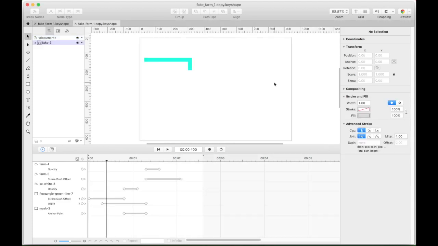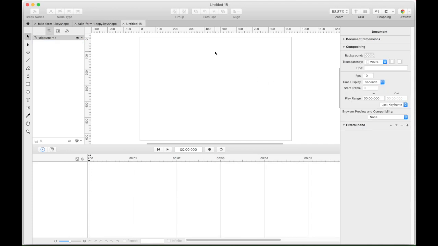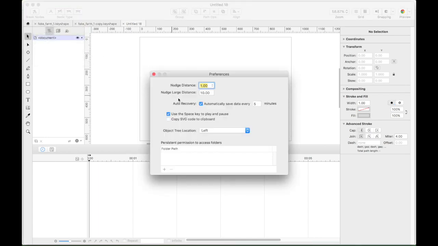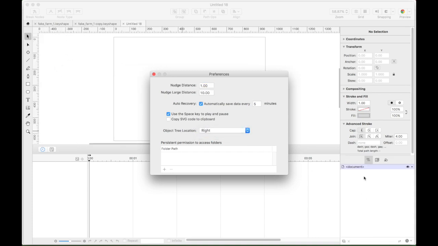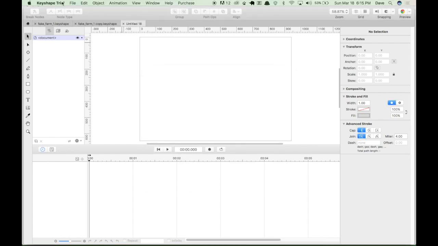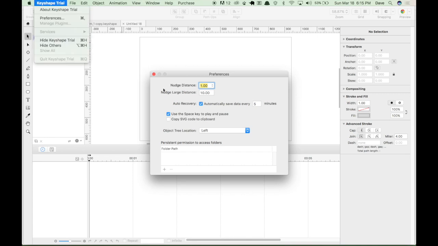So, all right. The first thing you'll notice is it's very Mac oriented, like Sketch and Pages and iWork, Numbers and such. When you first open the new product, there's the object tree location, which is this thing here. It started down on the right, down here. But Juan's version, and I like it, I move it over to the left. That's from Preferences, which is just a normal Command-comma, Preferences there.